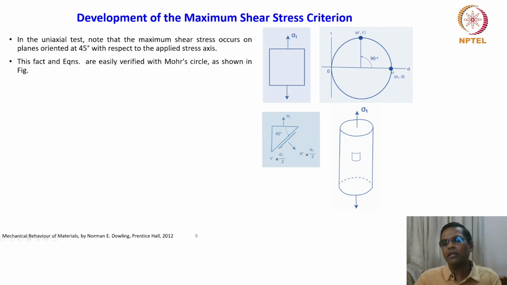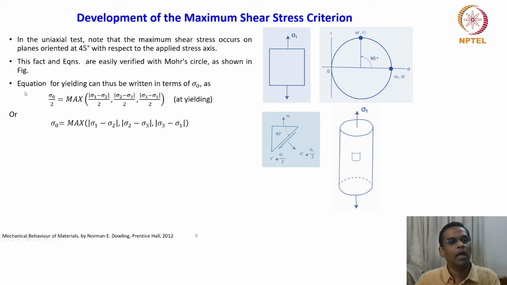So the same thing is plotted here. Since it's a uniaxial tension, you have only sigma 1, the others are 0. And you remember that this is the maximum shear. In the Mohr circle, we always plot 2 alpha, if you recall those concepts. So it is exactly 45 degrees, so 2 alpha is 90 degrees. Here the maximum shear stress tau is here, and this is the principal stress sigma 1. Okay, so this is very nicely represented in a Mohr circle.